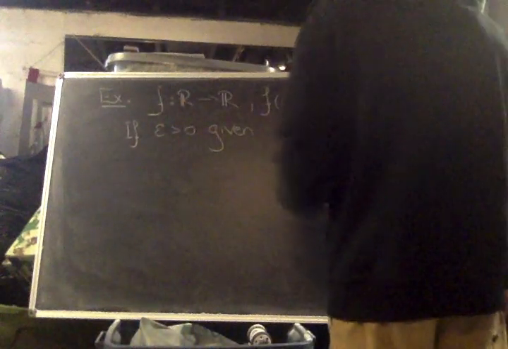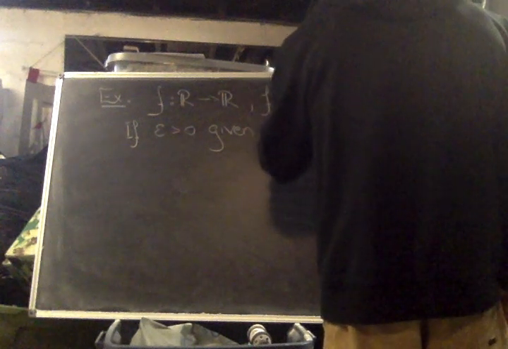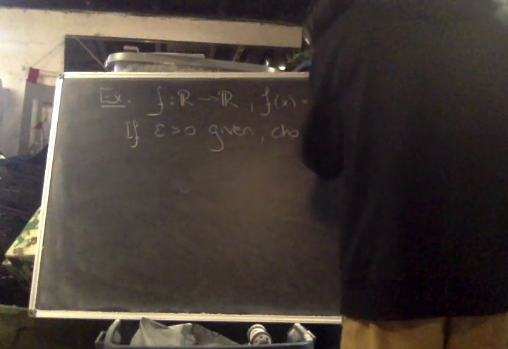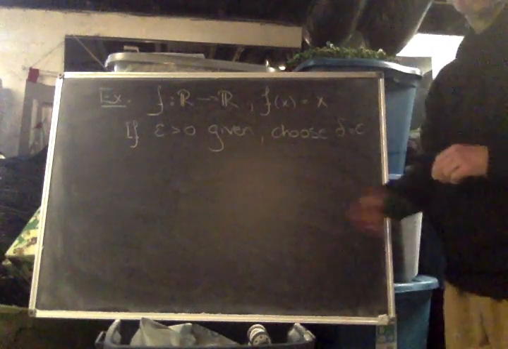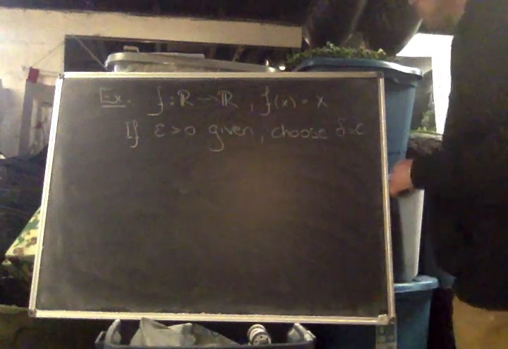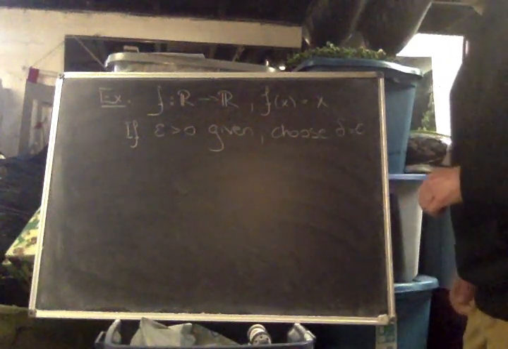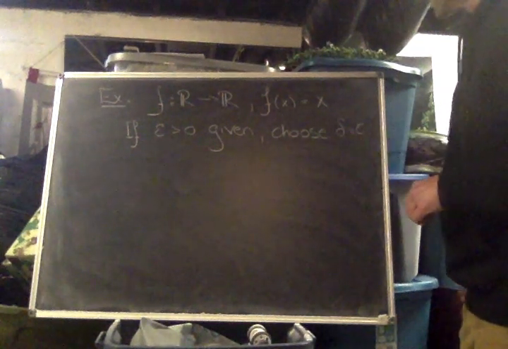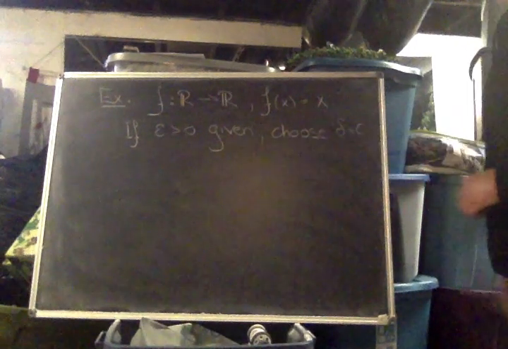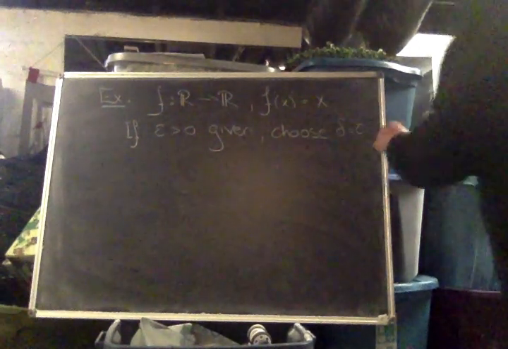So if epsilon greater than 0 is given, this is going to be a little fast and loose, let's choose delta to be simply equal to epsilon. That's what I was saying as I was gesticulating in front of that picture, that the distance around the function value is the same as the distance around the x value. So if we choose delta equal to epsilon,